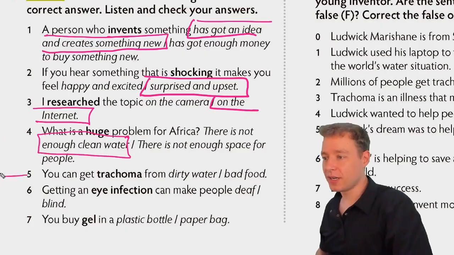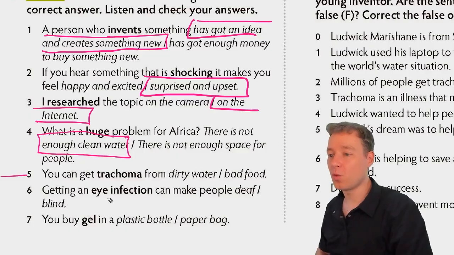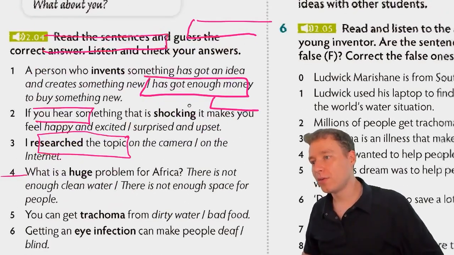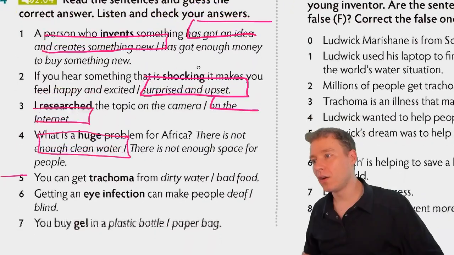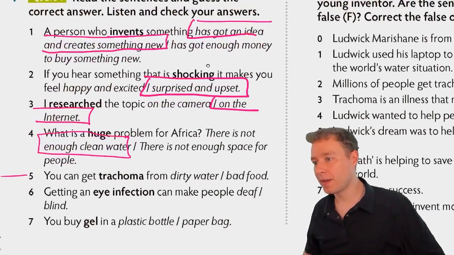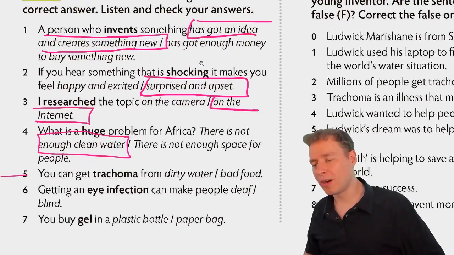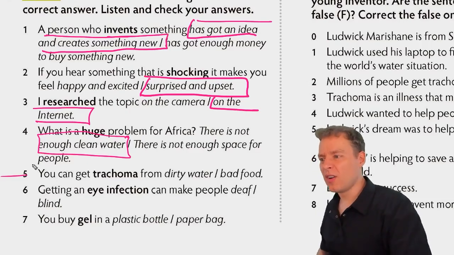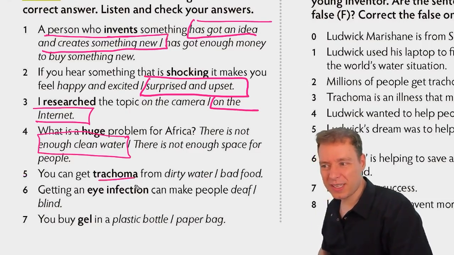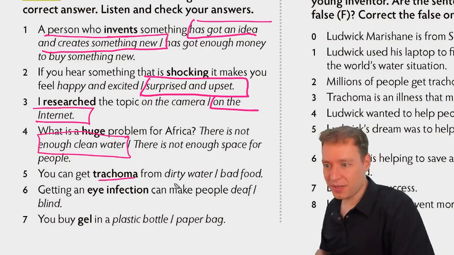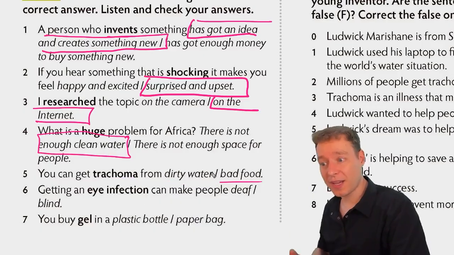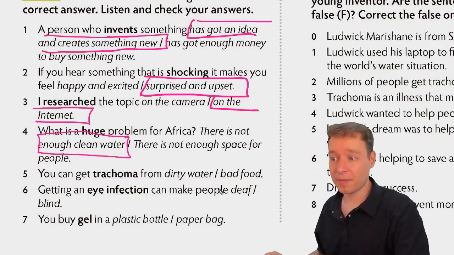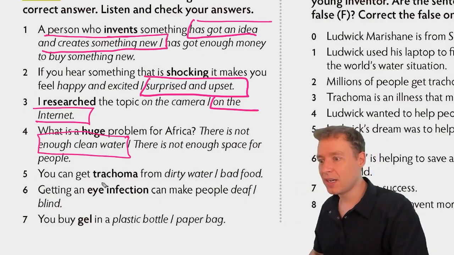5. You can get trachoma from dirty water or bad food. What in the heck? Oh, we're just guessing now. Okay. You can get trachoma from dirty water or bad food. Well, trachoma is probably something bad, right? If you drink dirty water or eat bad food, you might get trachoma. I'm guessing trachoma is a disease. 是一个病毒，这是我猜的。